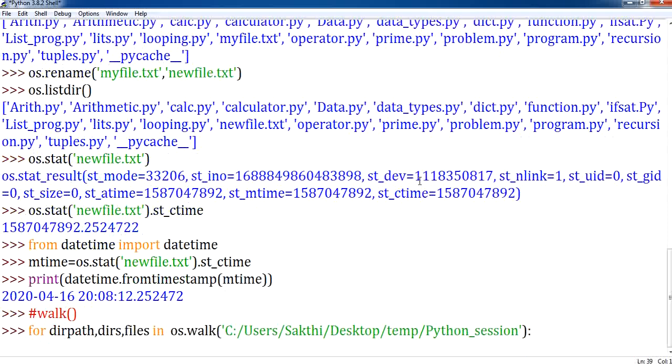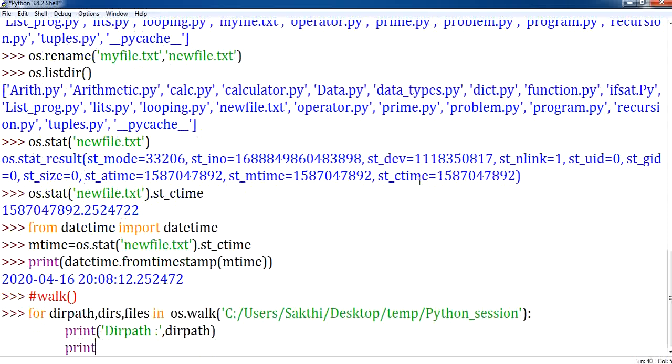Here, what I am supposed to do is just display the information whatever I got. So I'll display directory path, a comma separator followed by dir path will be displayed, followed by print, and next, let me have a directory. This is a customized name which I am giving for the information I am going to display here.